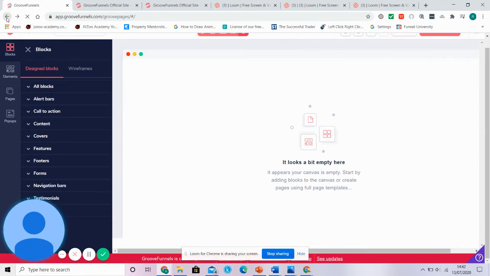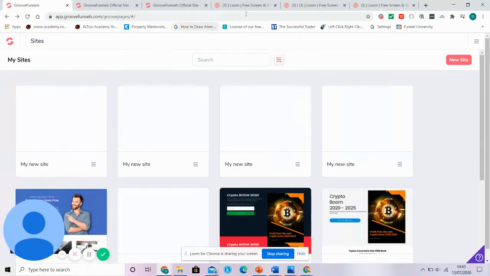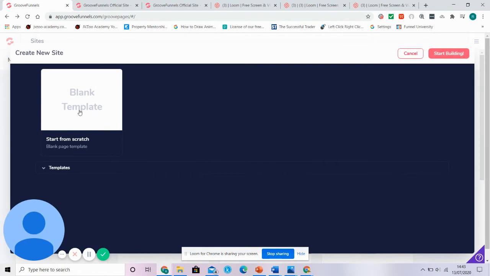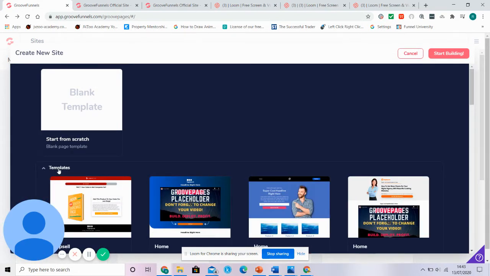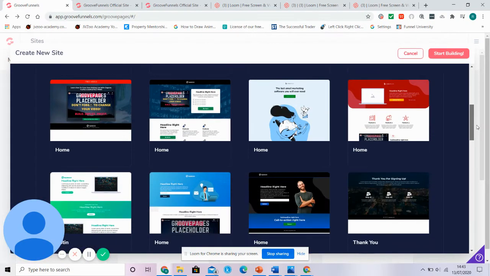If not, however, and I am certainly not, then I would suggest instead, when you go new site, instead of going for the blank template, what you're going to do is go for templates, because that's a lot easier. They've done a lot of the work for you. Now if you scroll down, there's various templates here,